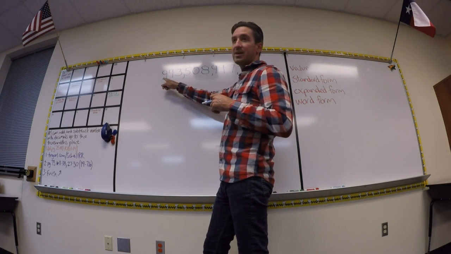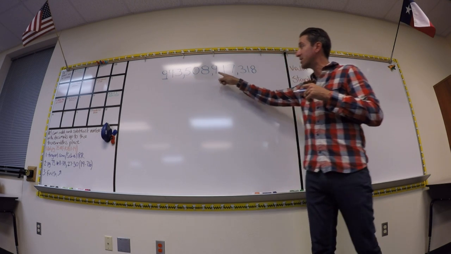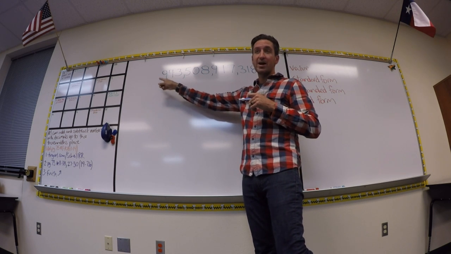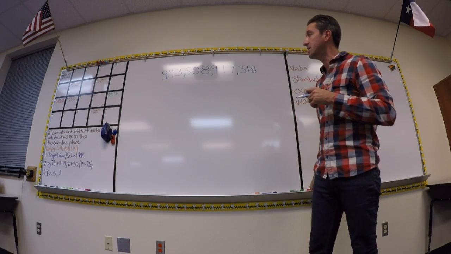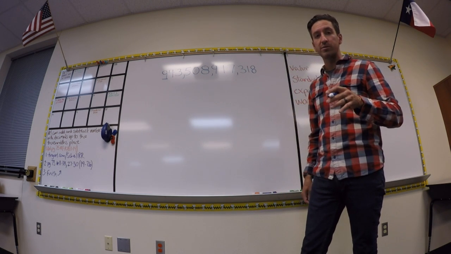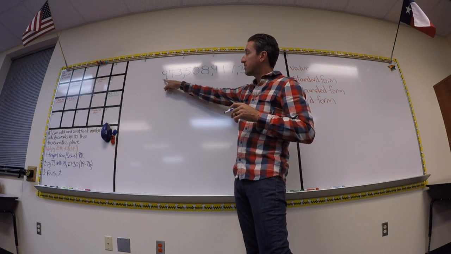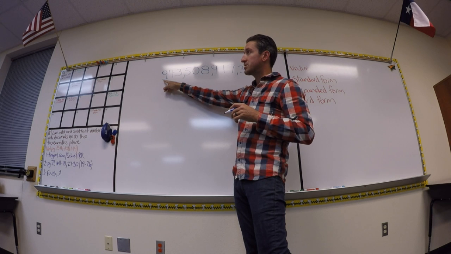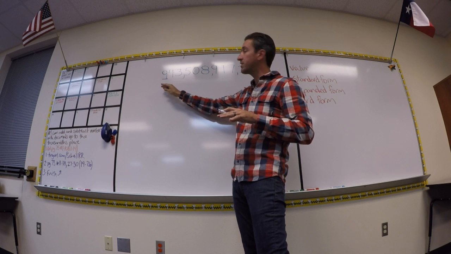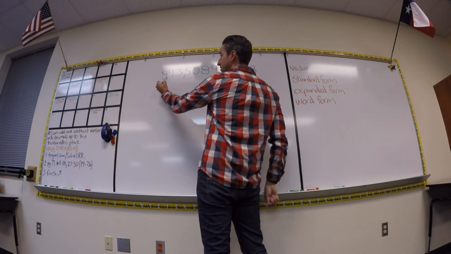Alright, the 9 in our number up here, 943,508,917,318. The 9 is valued at 900 billion. Okay, so we're going to talk a little bit about rounding too, because the rounding will be on your test. So I've got the 9 underlined. I want to round it to the nearest 100 billion, so I need to look to the right. It's 4 or less, so we're going to leave it alone. If it were 5 or more, we would round it up. So this number rounded to the nearest 100 billion would be